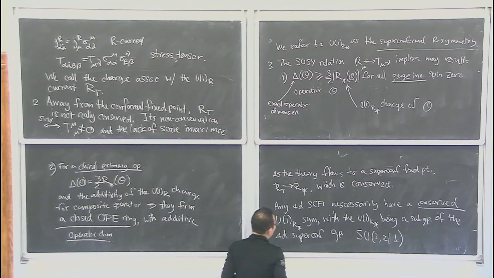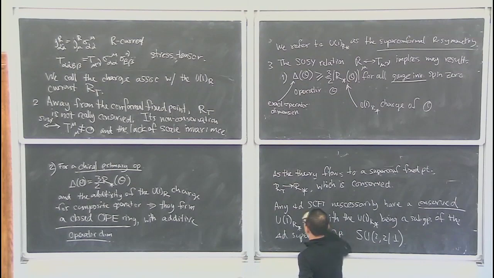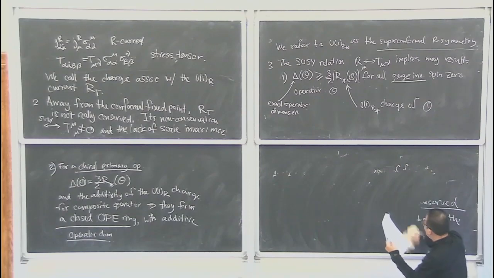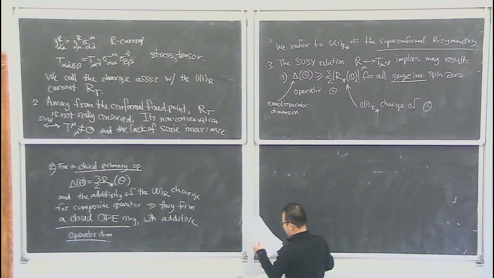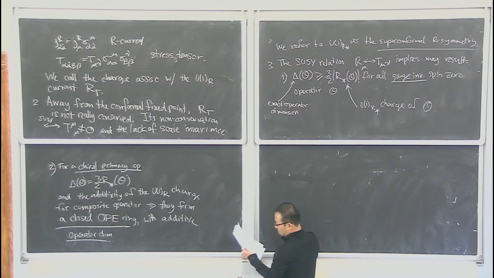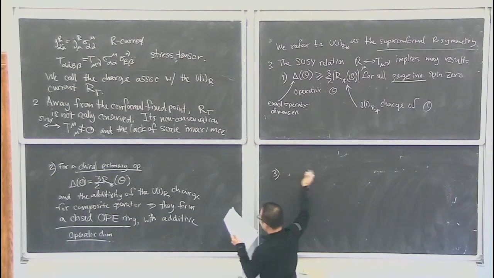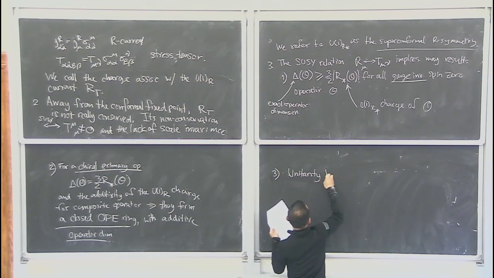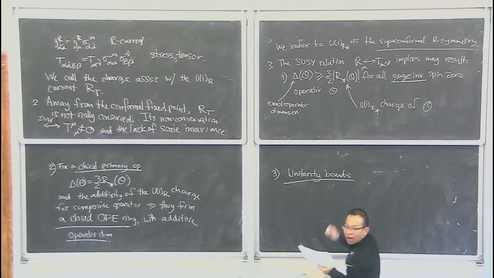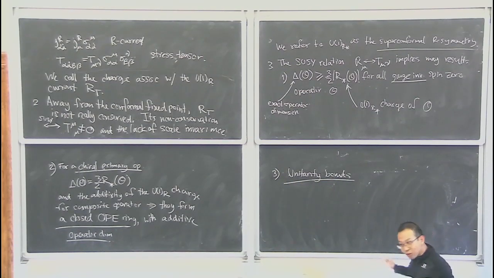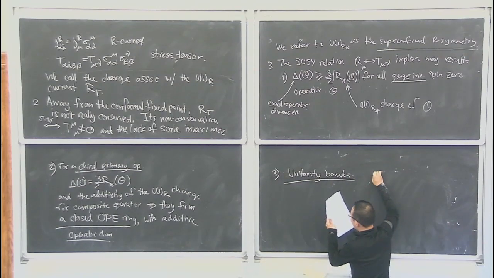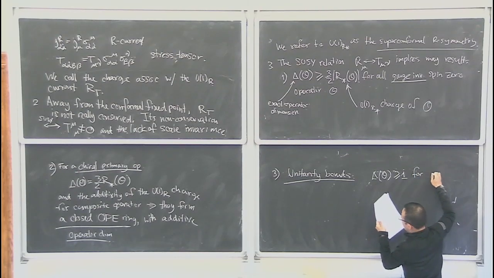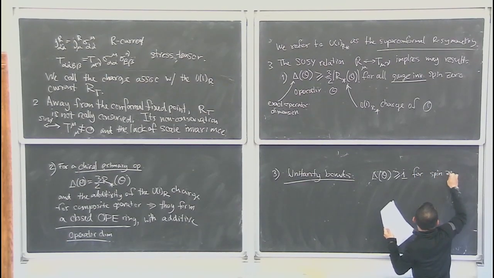And the third one, this is what we went over in detail. Number 3, unitarity bound. You might ask, why do I keep revising all of this? I will use all of this for sure. It says that delta greater than 1 for a spin 0 operator